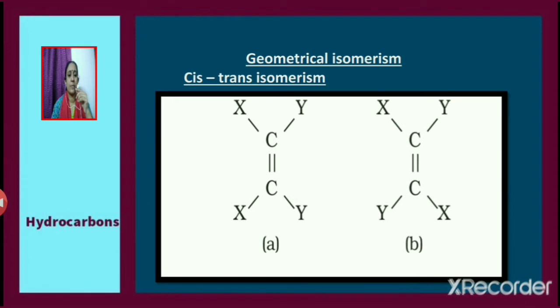Alkenes also exhibit geometrical isomerism known as cis-trans isomerism. Consider an alkene CXY double bond CXY. Each carbon has two different atoms X and Y attached to it. We can show similar atoms on the same side of the double bond, or similar atoms or groups can be shown on opposite sides of the double bond. So if similar atoms are shown on the same side of the double bond, we get the cis isomer, and if similar atoms or groups are shown on opposite sides of the double bond, we get the